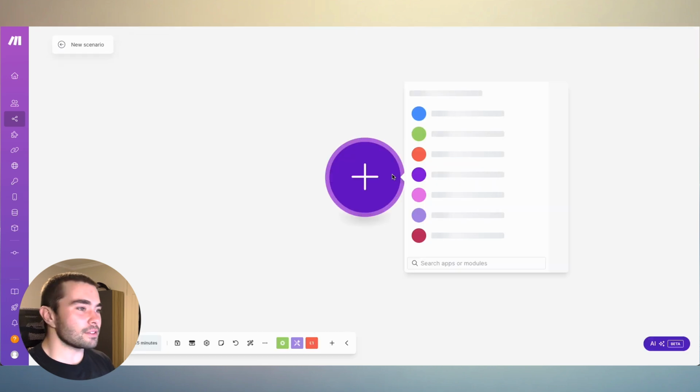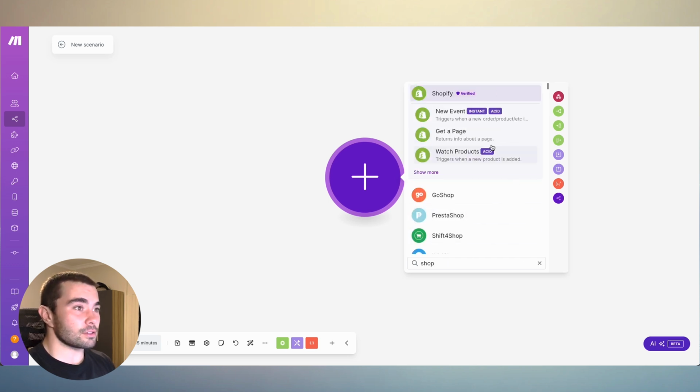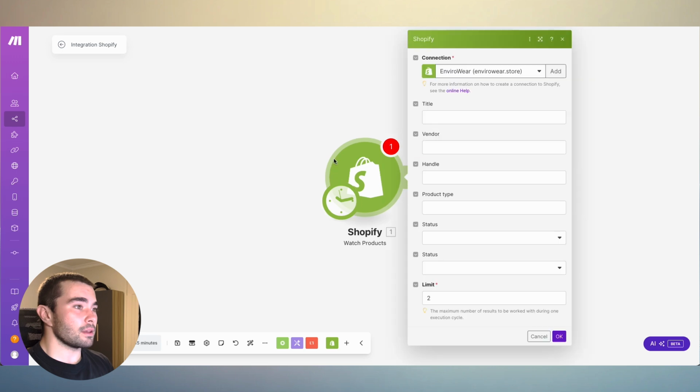This automation is very easy to set up. It's only got a few modules, so we'll just get into that now. First one we want to do: Shopify, Watch Products. This watches for when a new product is created. So a new product gets created, it captures it, and